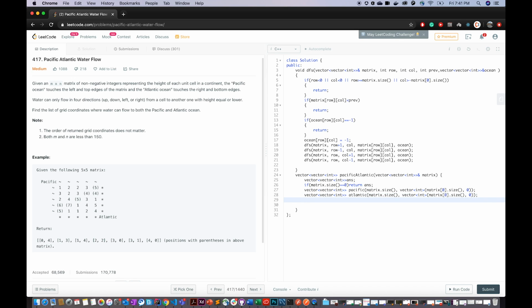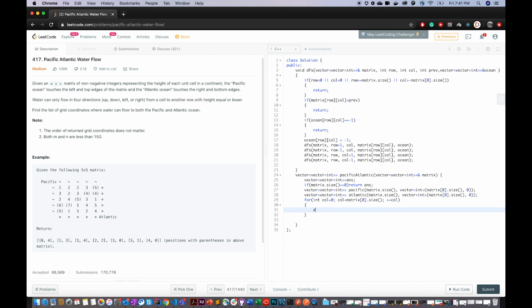Now the important part comes: for int column equal to 0, column less than matrix 0 dot size, which is the number of columns in the given matrix, and column plus plus.